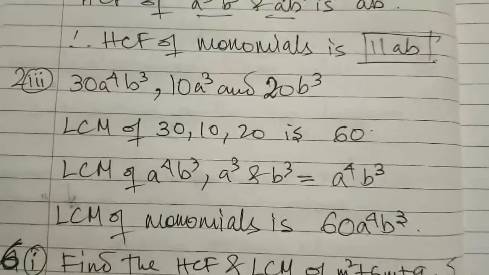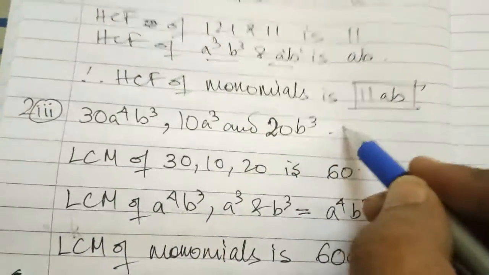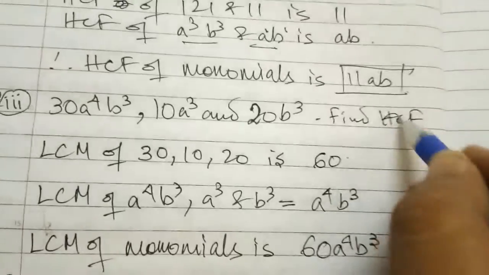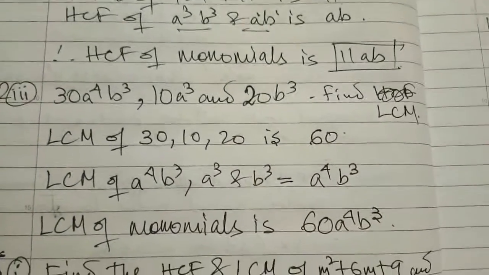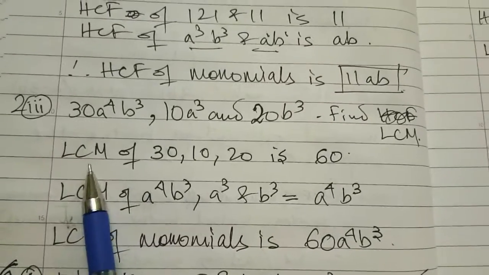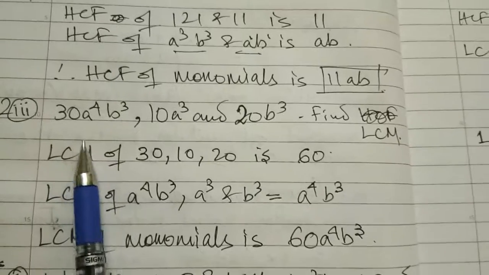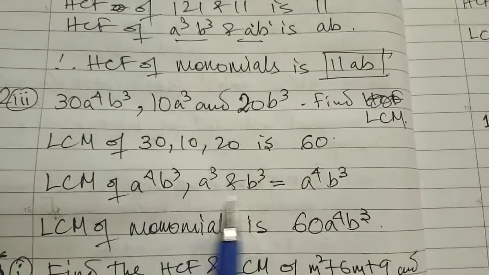Next we come across another question. You have to find out the LCM. Then from here, the same factors we have done. First you find out the factors of the particular numbers. What is given? LCM, that is coming what? 60 only. And LCM of the variable, what is coming?